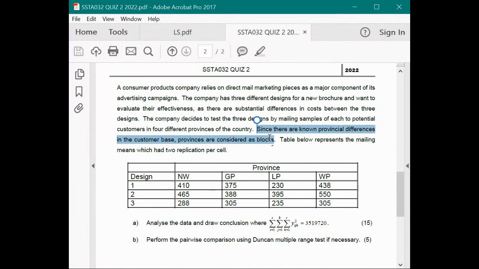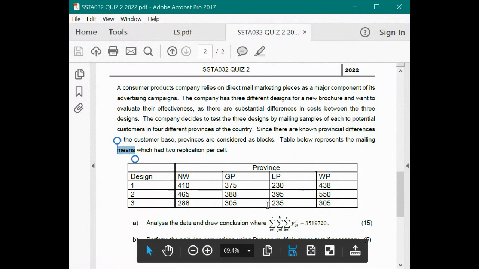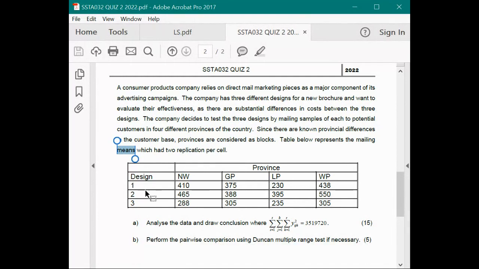1, you are told that your blocks is what? It's clear here that you are blocking by the provinces. 2, now the table below represents the means. So whatever you see from the table, these are the means. But if you just look at the table without reading the given statement, you never know what is